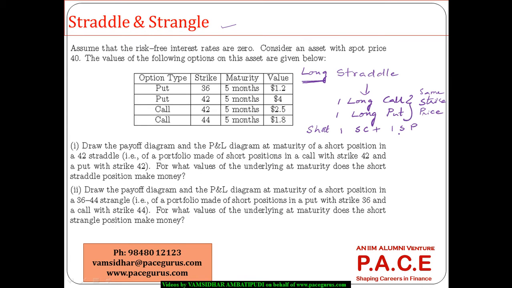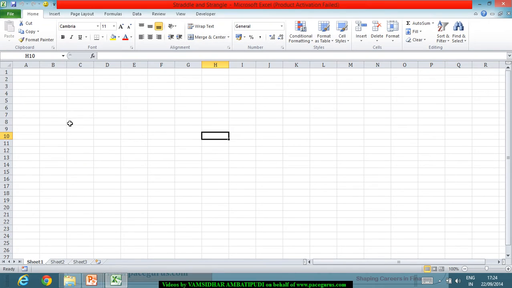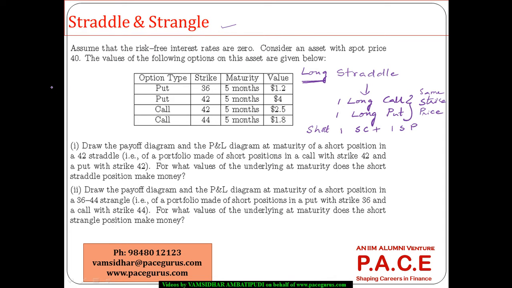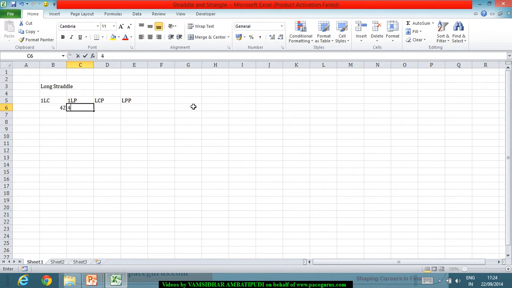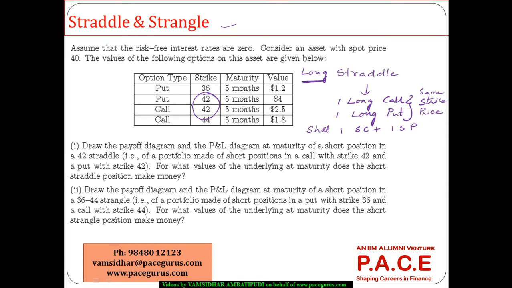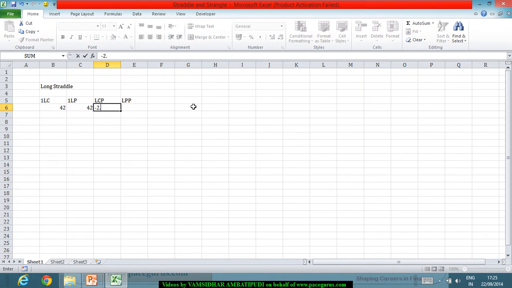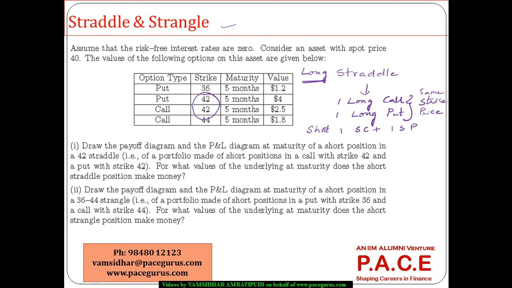So to understand the option payoffs in this particular case, when I am talking about a long straddle strategy, I am talking about one long call and one long put. So there is a long call premium and a long put premium. In case of a straddle, the strike price should be the same. So in this case, we have a strike price of 42. Let's say both the call as well as the put are for a strike price of 42. And because I am long on both of them, the call has a premium of $2.5 and the put has a premium of